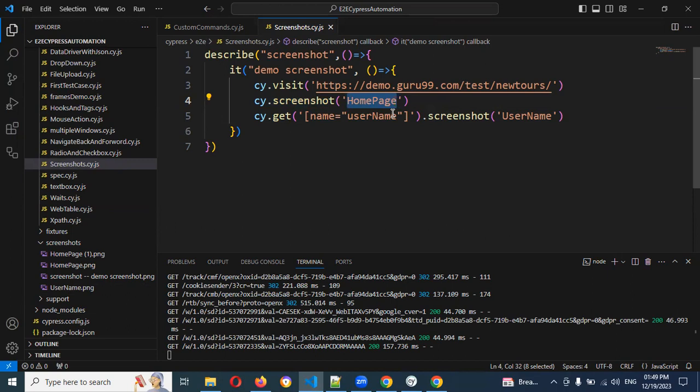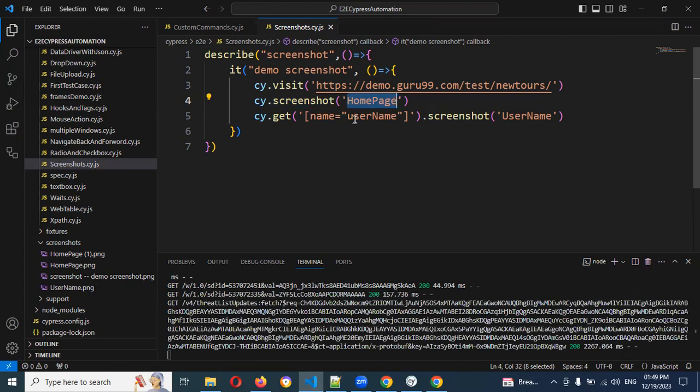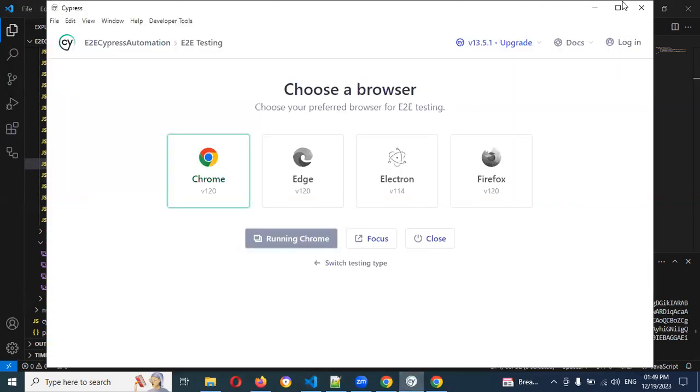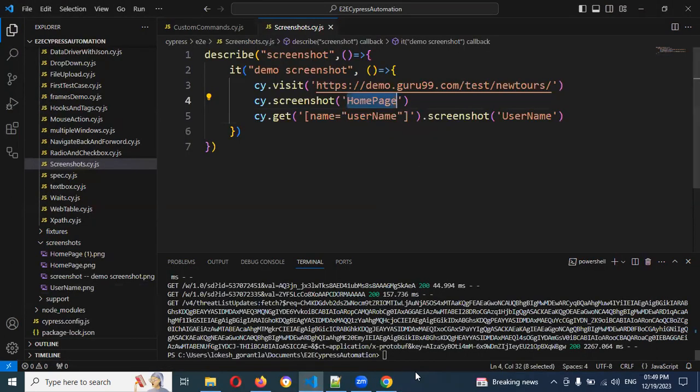It will give you a random name. If you are not passing any name for this, it will provide a random name. And videos, how can we get the video? For getting the video, we need to close this IDE, it is not required,